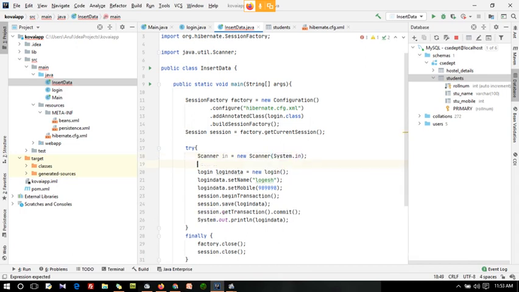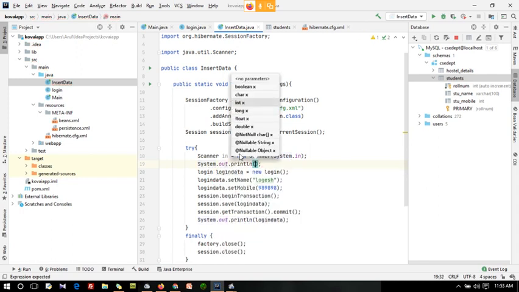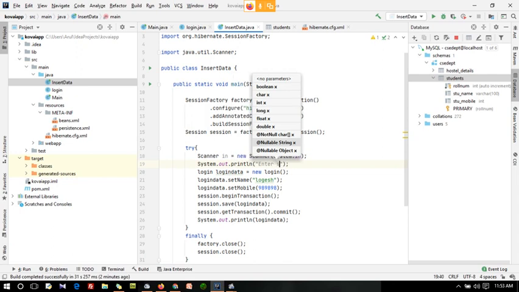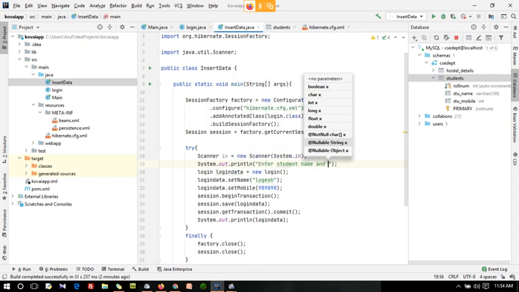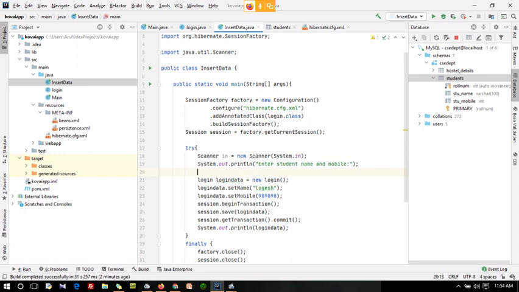I am just saying the user to enter student name and mobile. Now I can have a variable,